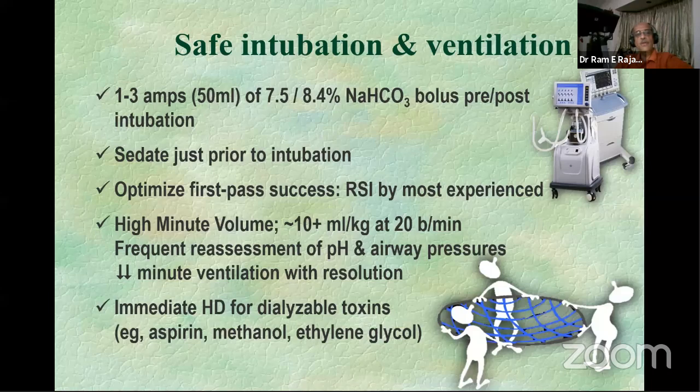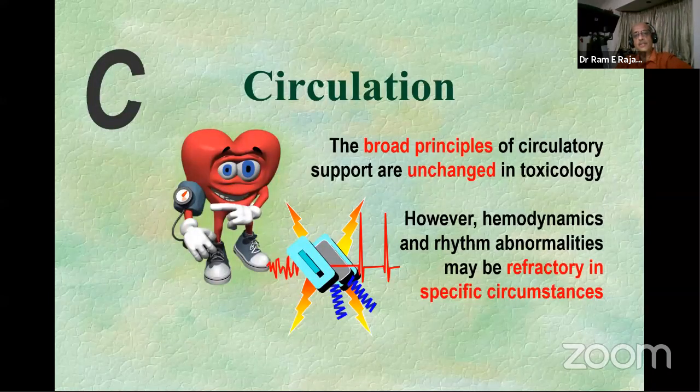Okay. So likewise, when you talk about the circulatory status, when you have a patient who comes to you hypotensive with a poisoning, our approach to the management of these poisonings, of this hypotension, is not going to be very different from what you would do under many other circumstances. But occasionally, you may have very classically refractory circumstances. And I'll give you the next example with a case over here.